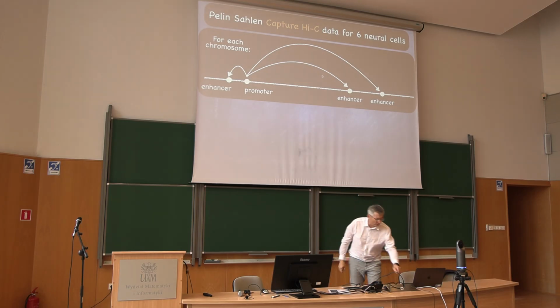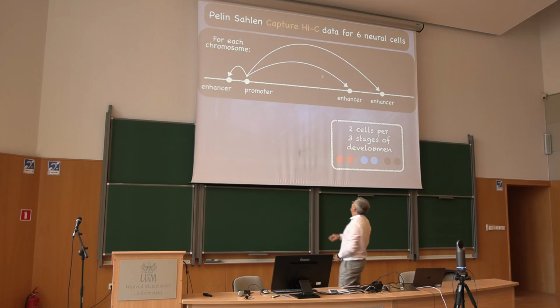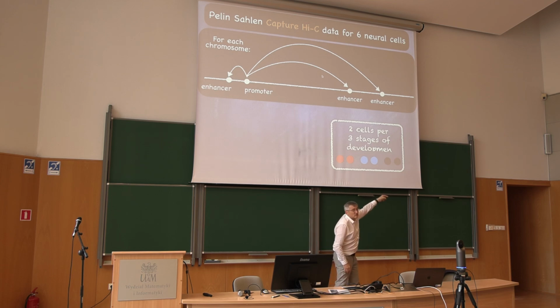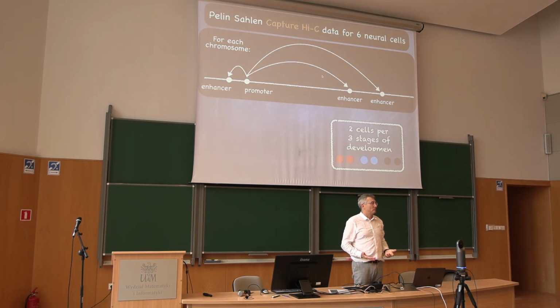So what we did, by the way, we had 6 cells. It's very costly to produce them. They have maybe 50 more cells, but it's very costly, expensive, and time consuming. We had 6 cells, 2 repetitions of various developing stages, from pluripotent to adult, 3 stages of development. And the question to us was, can we see the differences in the stages of development?